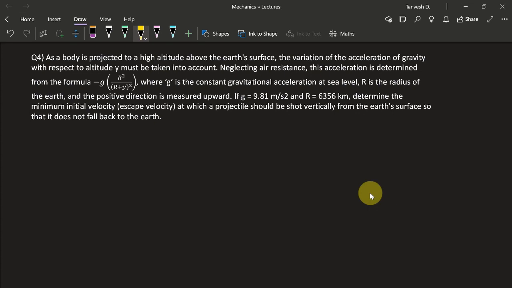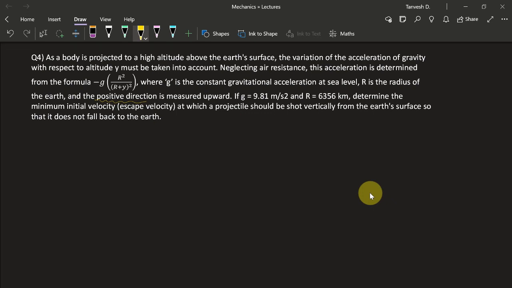Since gravity is always acting downwards, that is the reason it is given as negative, and here it is also told that its positive direction is measured upwards. If g is 9.81 meters per second square and r, the radius of the Earth, is 6356 kilometers,